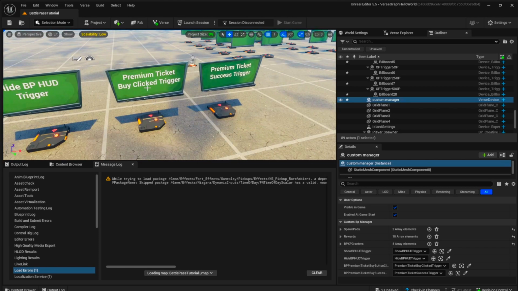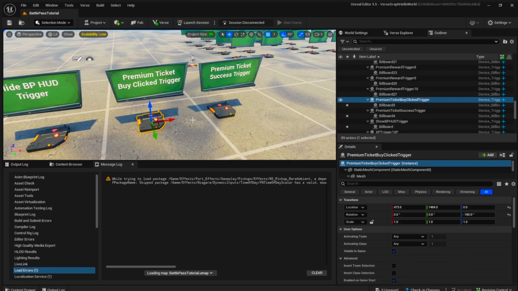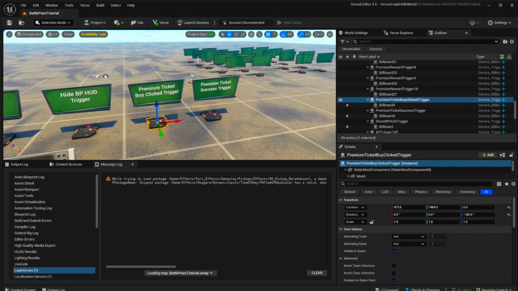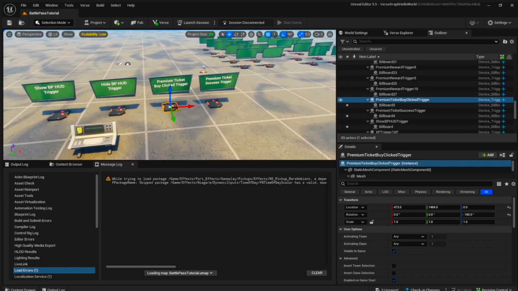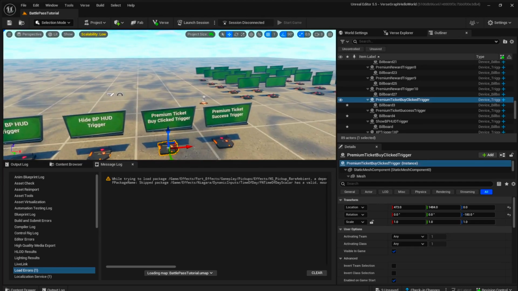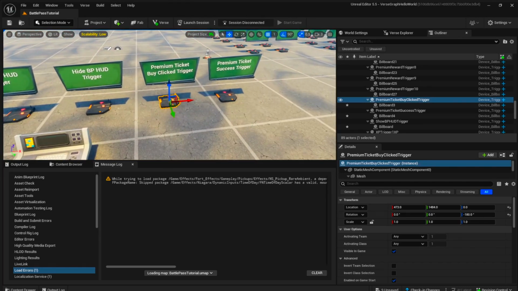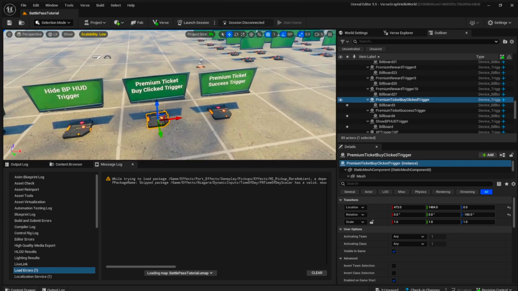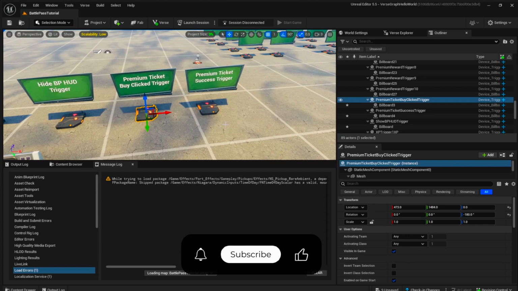They're both important. This one is triggered by the device when the player requests to buy a premium ticket. So you need to listen to this device and then do some stuff of your own to validate if that player can buy a premium ticket, like maybe looking at some in-game resources, or maybe binding another device there and requiring the player to enter a pin, and through whatever validation you make, if the player succeeds, then this is